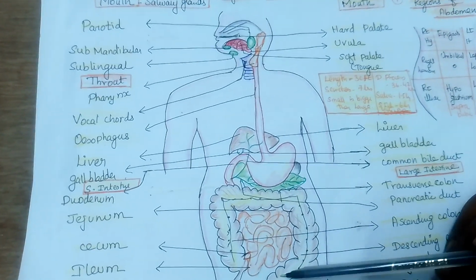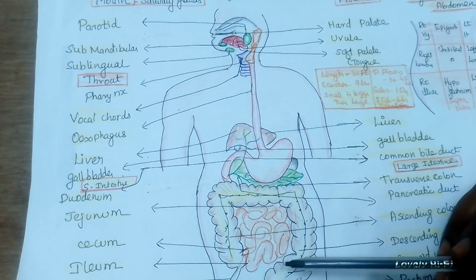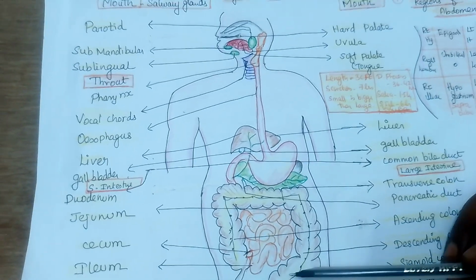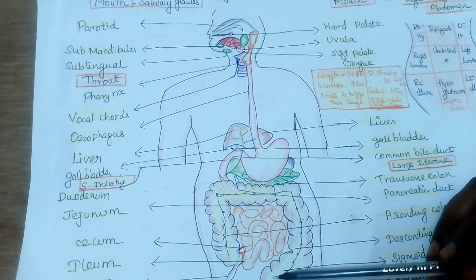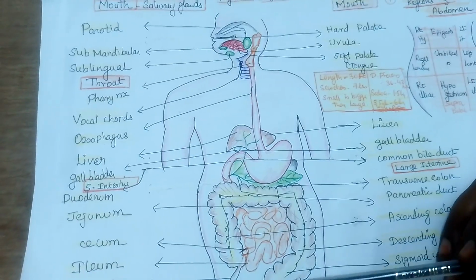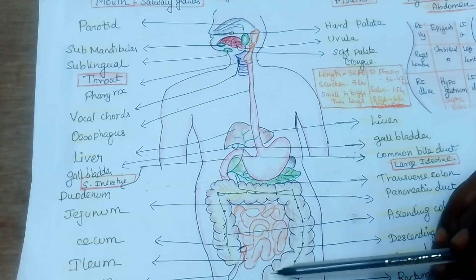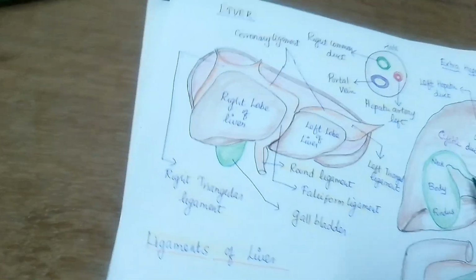Another one is called the rectum. The rectum is 12 centimeters in length. It extends from the lower end of the sigmoid colon to the sacral vertebra. It joins together and forms the anal canal. So if you see the rectum,